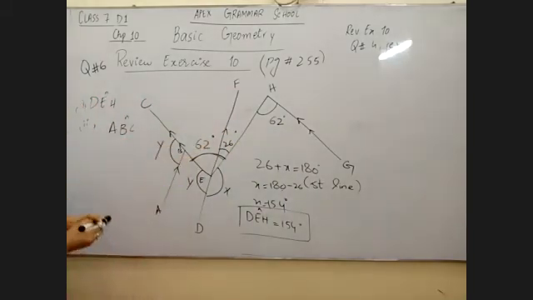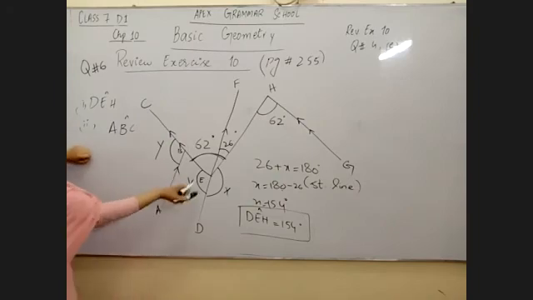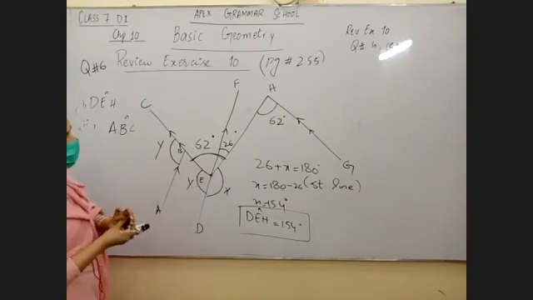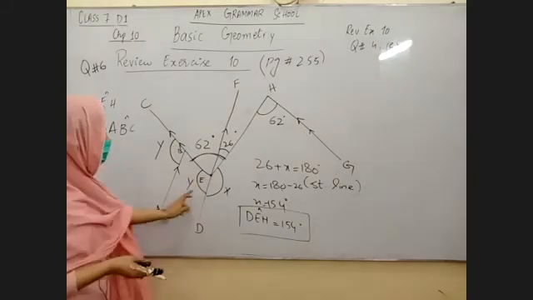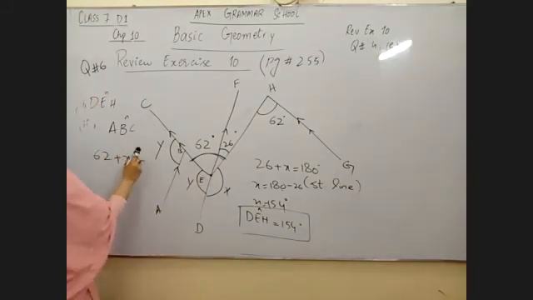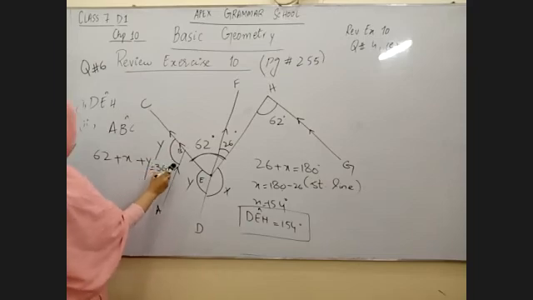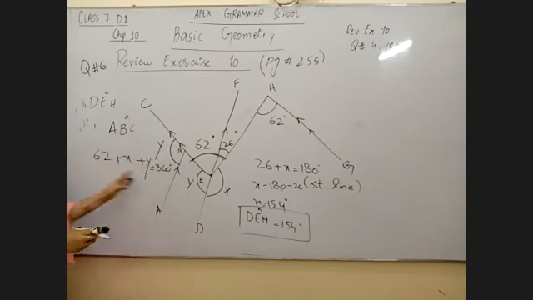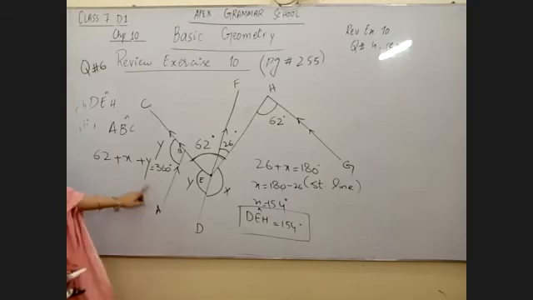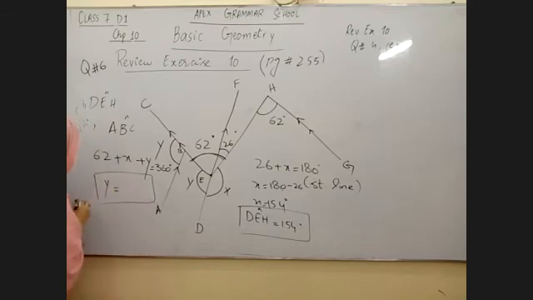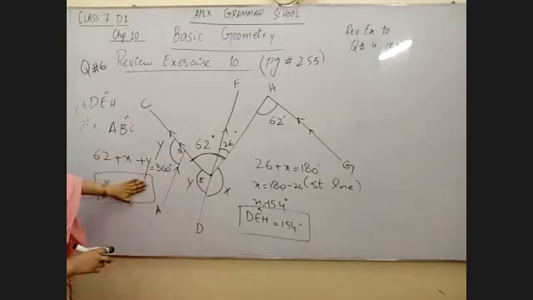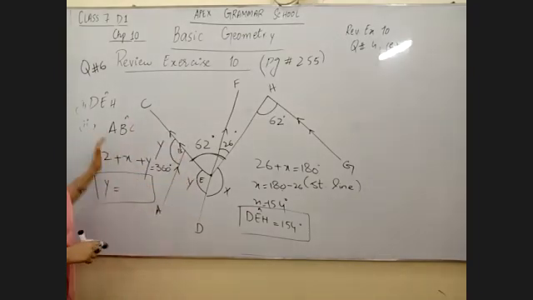To find out the value of y, at one point there are three angles now: 62, x and y. So 62 plus x plus y will be equal to 360 degrees because they are completing one circle. X's value was 154, so you need to find out the value of y by yourself. I hope you can do it very easily. It's very easy. Put down the value of x, add them on the other side, subtract, and you will get the value of y, which is your ABC.